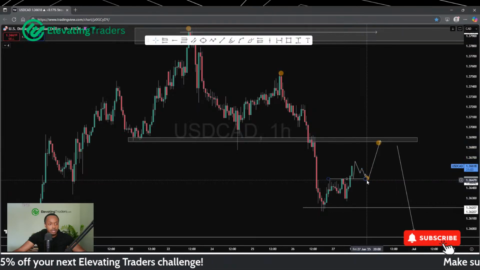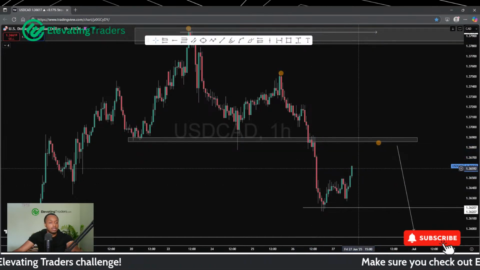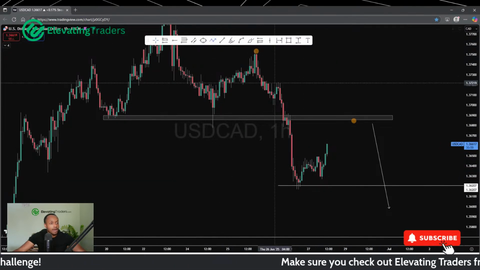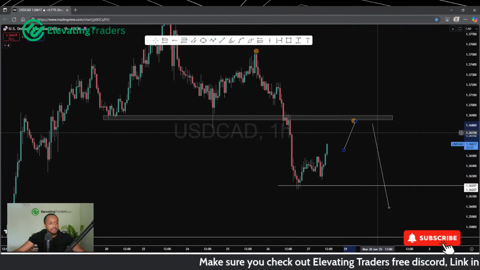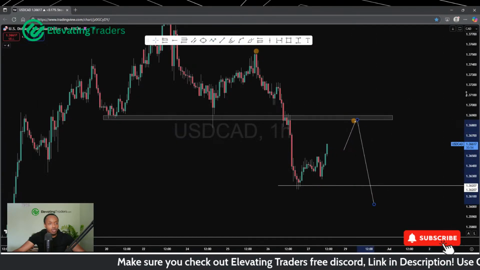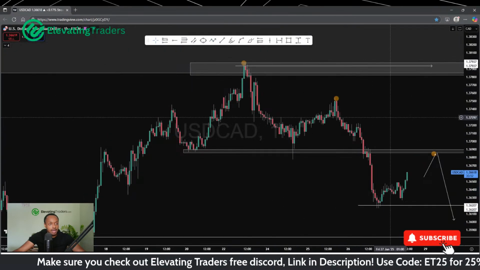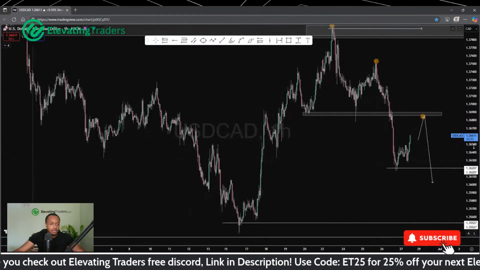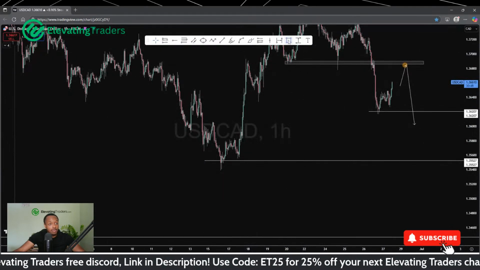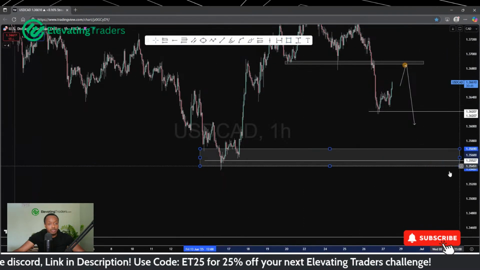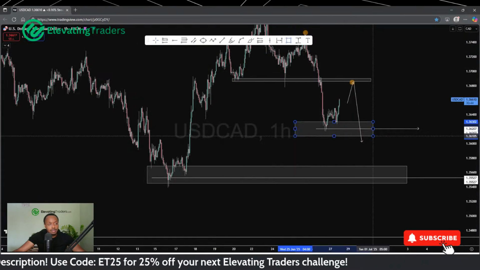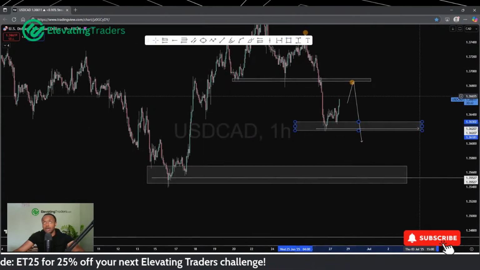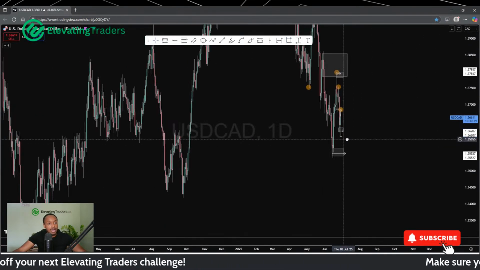If I just clean up the chart. So basically just trying to find a pullback on the way down. And we've got one swing high over there, a second, and basically just expecting the third. And if everything goes well, we could be seeing a push back into the lows here, or at least into this low. So yeah, the way I see it, USDCAD looks pretty bearish.